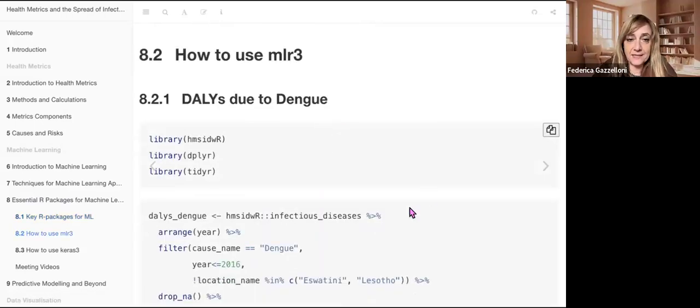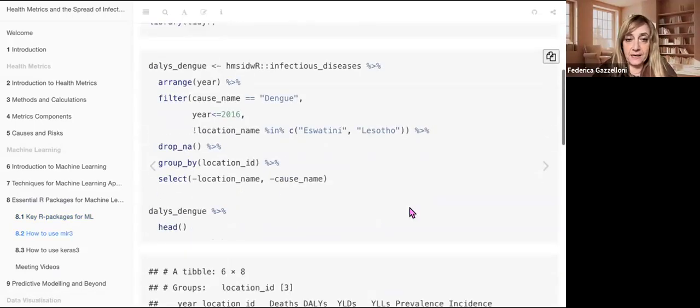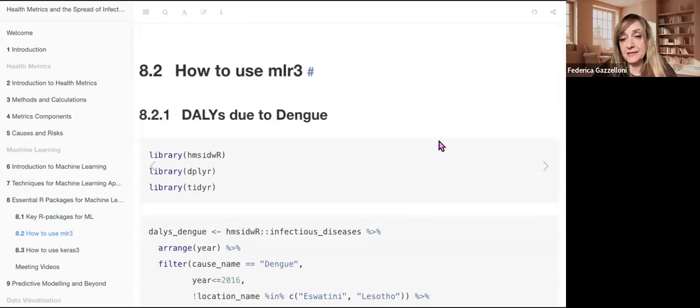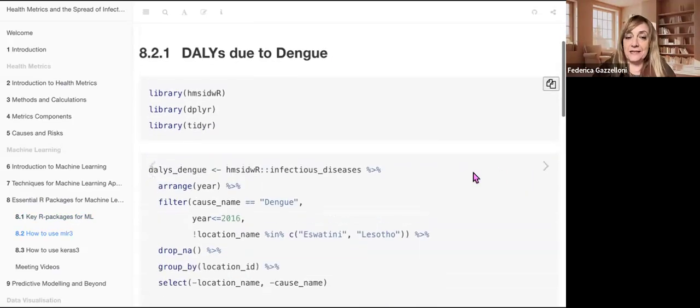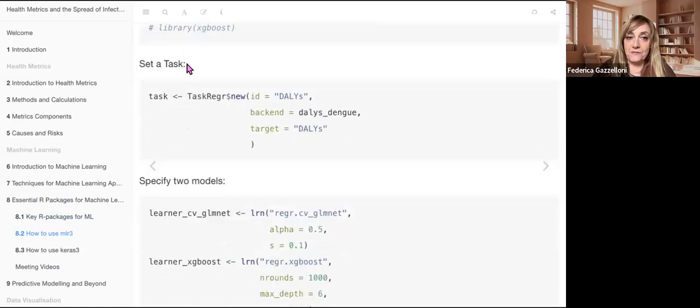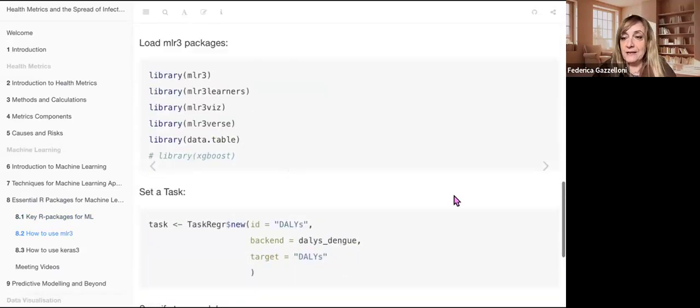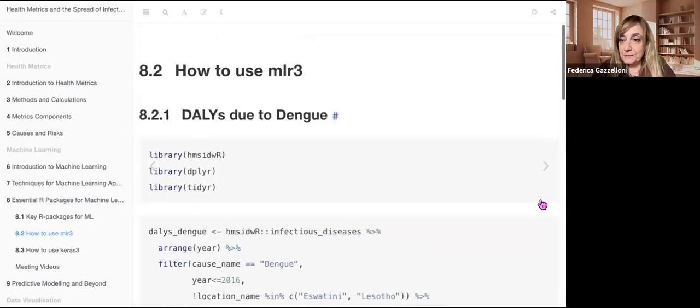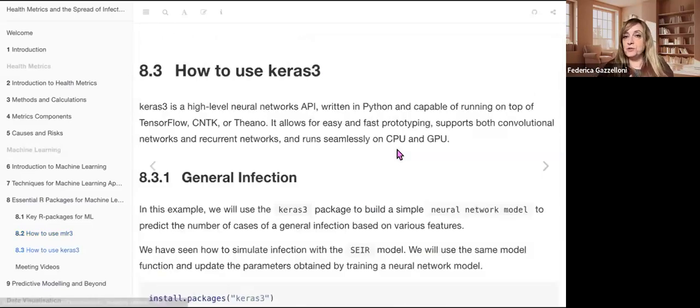And then, as I said, we have seen briefly how to use MLR3, which is a quite intriguing meta package. So it requires you to spend a bit of time looking through the documentation, but then it's quite interesting, we saw, because you can visually see that you can set a task, specify a model, and then work through it. What we do today